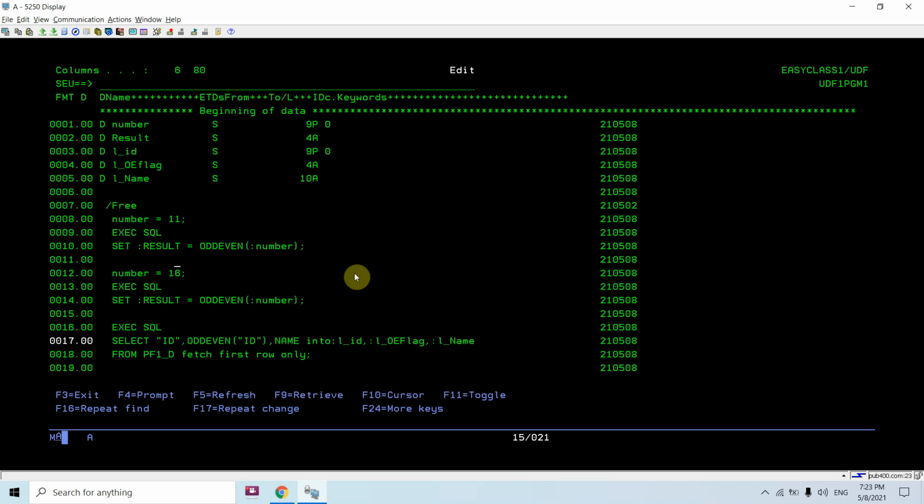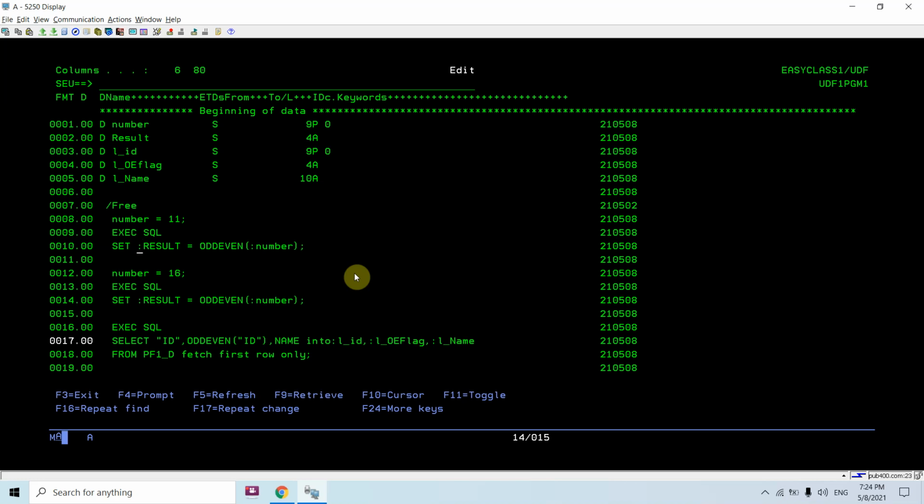For calling it directly, I'm using the execute SQL statement and calling the function odd even. Since it takes an input number of integer type, I'm passing the number as a host variable, and since it returns a character of length 4, I'm returning that in this variable.